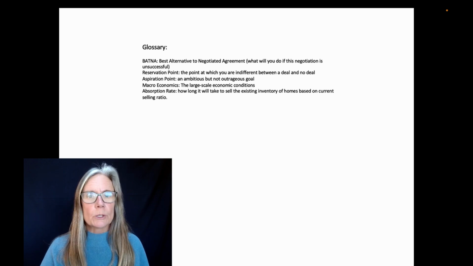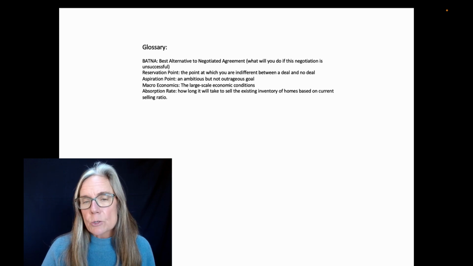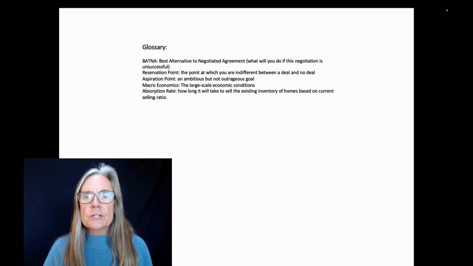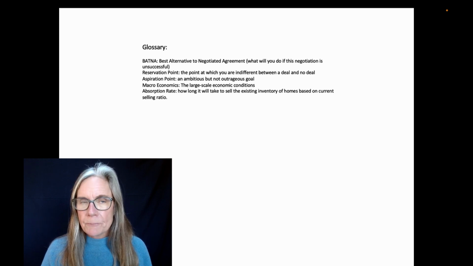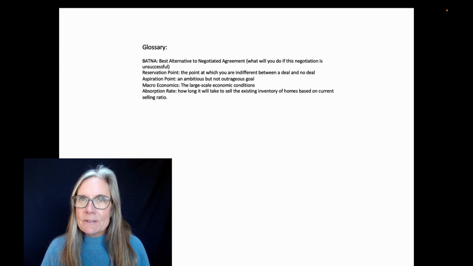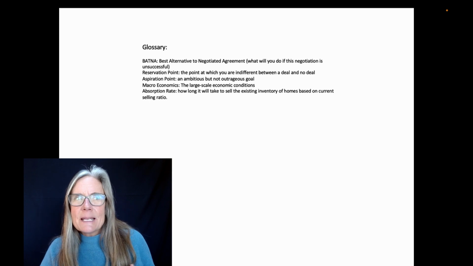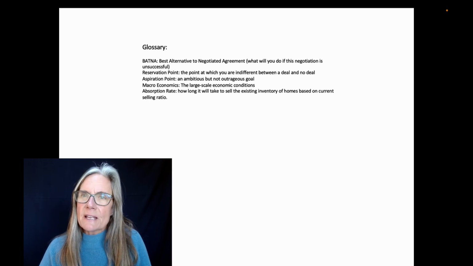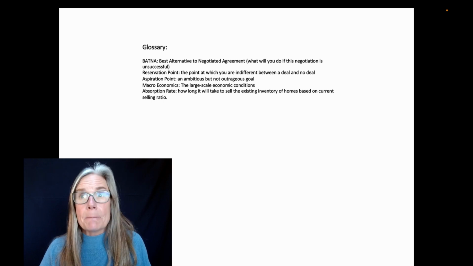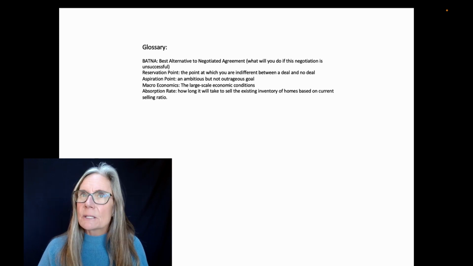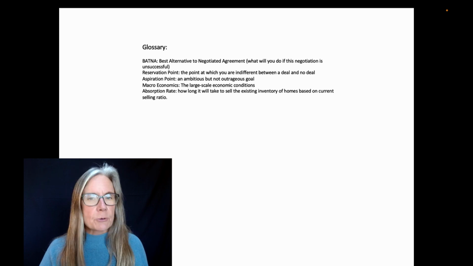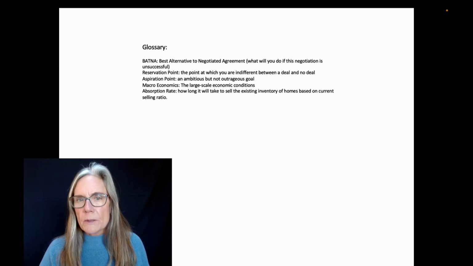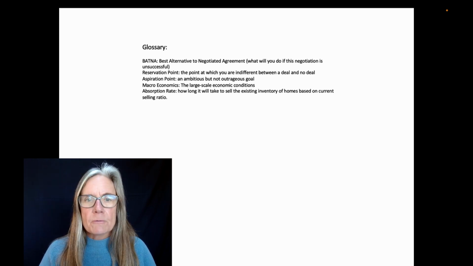Aspiration point is also a really interesting term. In a way, it's the goal, but it's defined as an ambitious but not outrageous goal. So by giving it that definition, it also has a little bit more flexibility. So my goal is $1 million, but if they only get 950 because that's what the market proves to be in the long run, it allows them to save face because they recognize that the million was maybe an ambitious goal. And it gives them a little bit more wiggle room to perhaps consider an offer that is more in line with what they can do, make a better decision, and move forward.